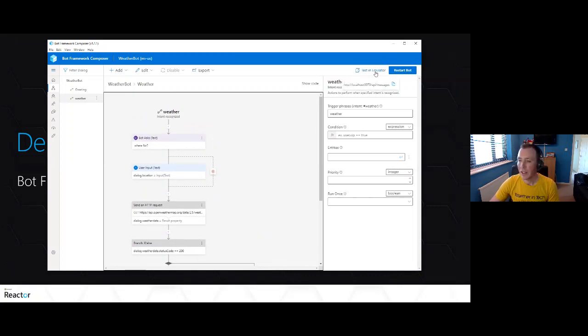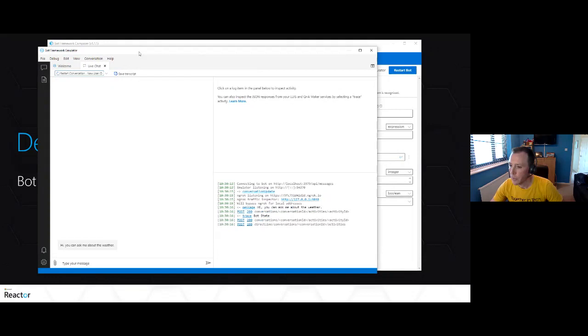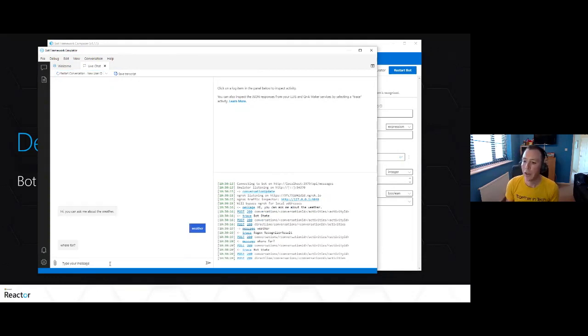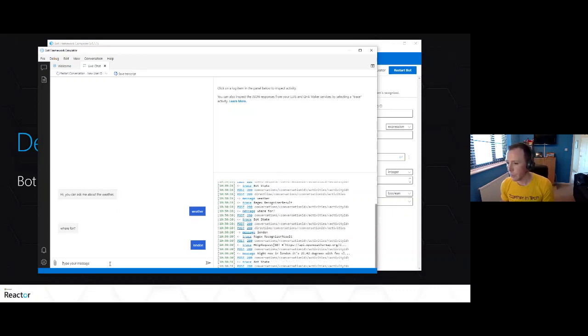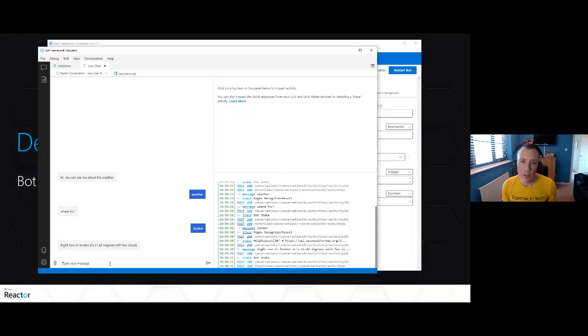At any point, I can click Test in Emulator. It's going to open the Bot Framework Emulator for me. It has opened over here, so let me bring it over for you. This is completely local. I don't have to publish this anywhere. I can do this myself using debug, nicely building up these things. I can say London and go and get the weather in London. I've no idea if that's the right weather for London because I'm 200 miles away, but it seems about right. That's making an external API call.